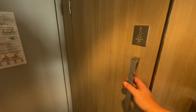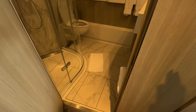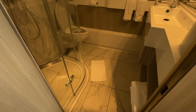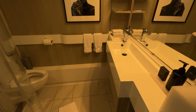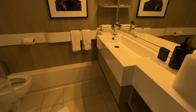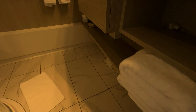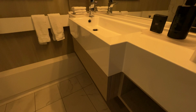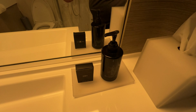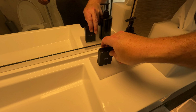Moving on to the left side here, step it up because there is a step to step into the washroom here. Again, a very nice washroom. This is pretty much par for the course on all the Celebrity Edge class ships. You've got your storage space down below, and we'll take another look at that in a second. As soon as you walk in, you've got your tissue box, your hand soap, some dry shower cap, and then